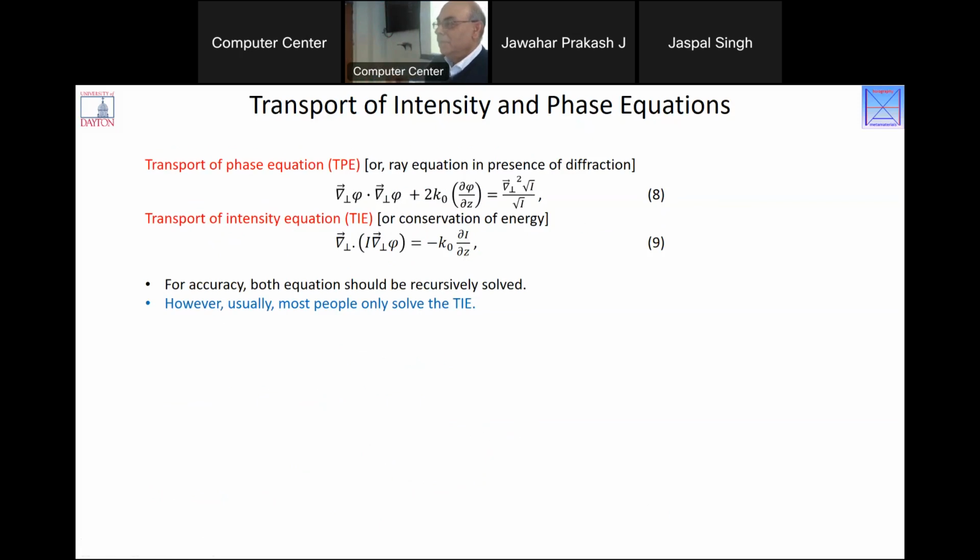And there are fancy ways of doing it. Fancy way means you can take forward and backward difference, you can have higher order derivatives. People have written paper after paper on how to estimate this del I del z more accurately. Why? Because they want to find out this phase, right? Of course, without ever looking at the other equation, which